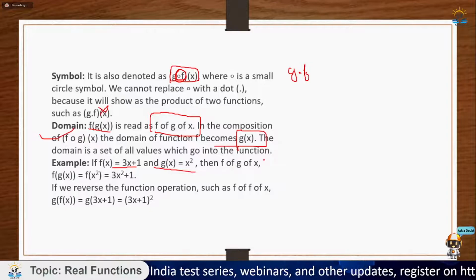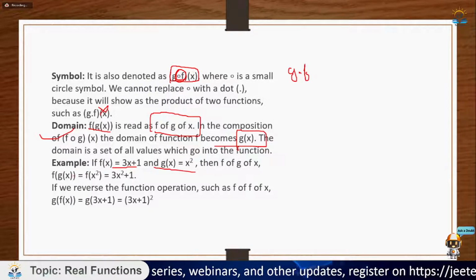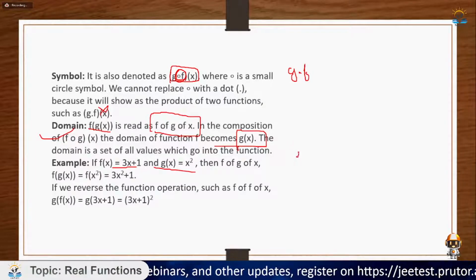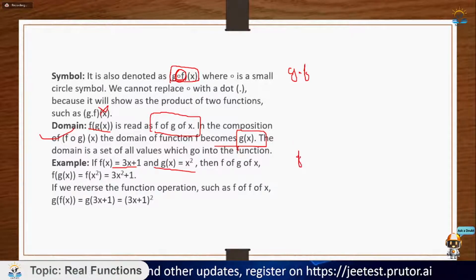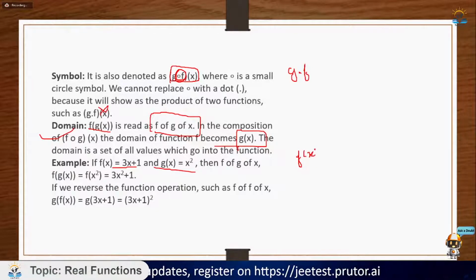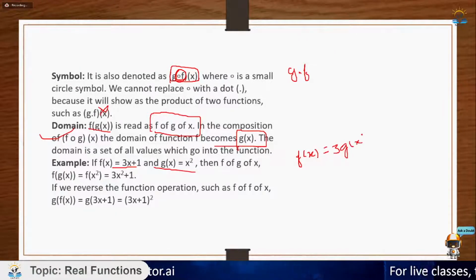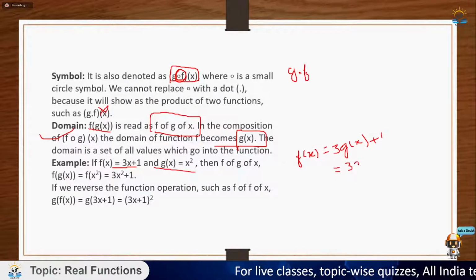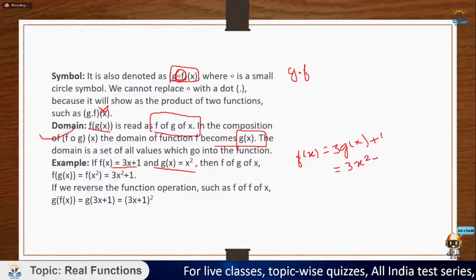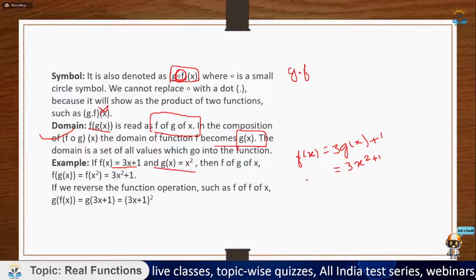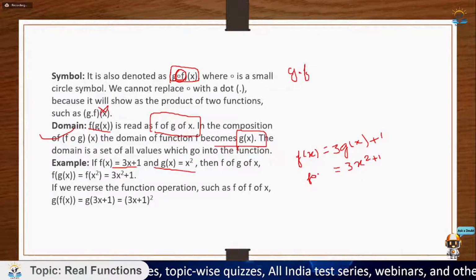जैसे कि अगर एफ एक्स मेरा 3x+1 है और जी एक्स, एक्स स्क्वायर है, तो जो मेरा एफ ऑफ जी एक्स होगा, मैंने आपको बताया यहाँ पे जो एक्स है इसको आप जी एक्स से रिप्लेस कर दो। इसको मैं ऐसे लिखूंगा, एफ ऑफ जी एक्स इज इक्वल टू 3 टाइम्स, एक्स की जगह मैं डाल दूंगा जी एक्स, 3 टाइम्स जी एक्स +1। ठीक है, अब जो जी एक्स की वैल्यू है वो डाल दो। सो नाउ जी एक्स इज इक्वल टू एक्स स्क्वायर, तो 3 टाइम्स एक्स स्क्वायर +1। ये मेरा फाइनल आंसर हो जाएगा, दिस इज माई फाइनल आंसर फॉर माई FOGX।